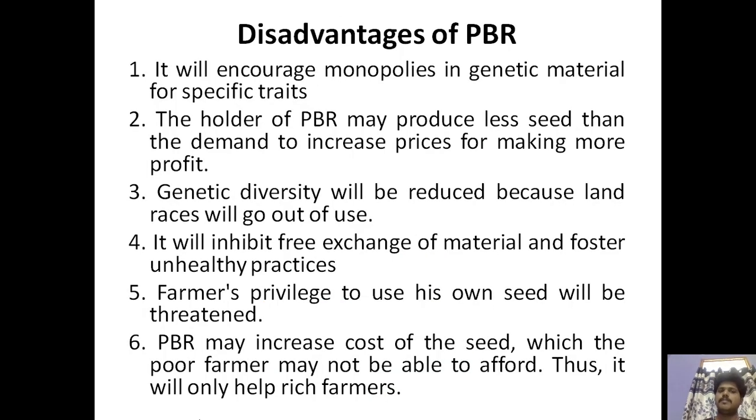Then disadvantages of the plant breeders: it will encourage monopolies in the genetic material for specific traits, as witnessed in case of PT cotton, and the holder of PBR may produce less seed and then demand to increase the prices for making more profit. So this may be a threat, and genetic diversity will be reduced because land races will go out of use, as happened in case of cotton, and free exchange of material is inhibited